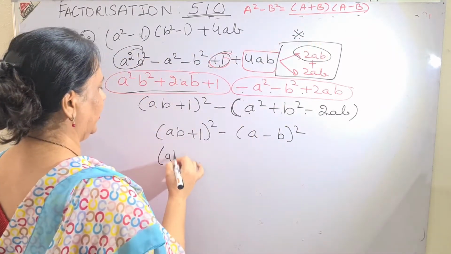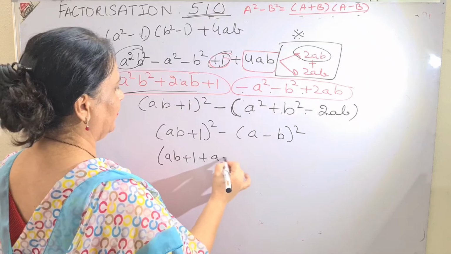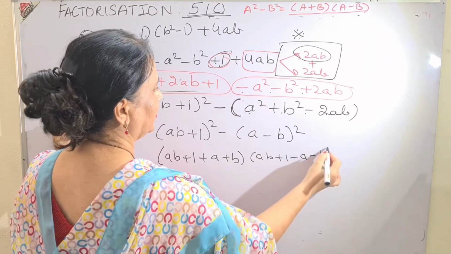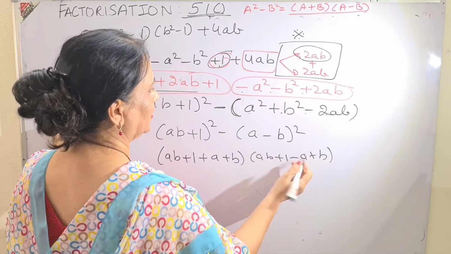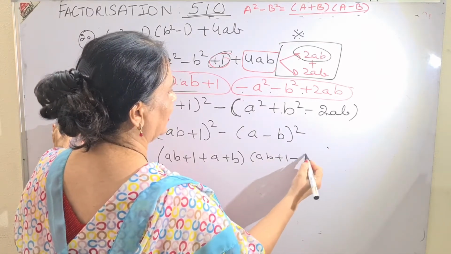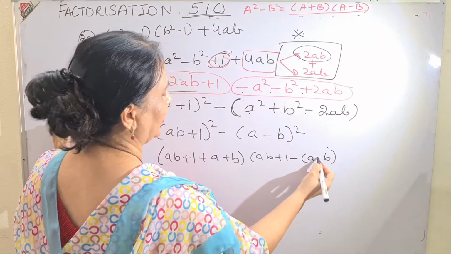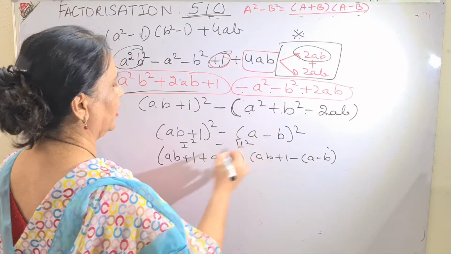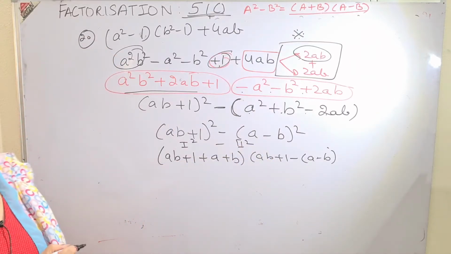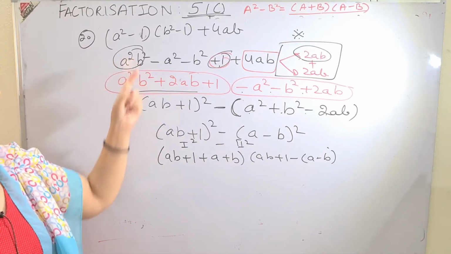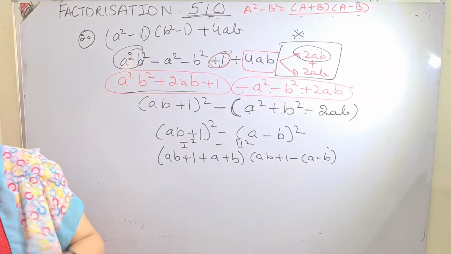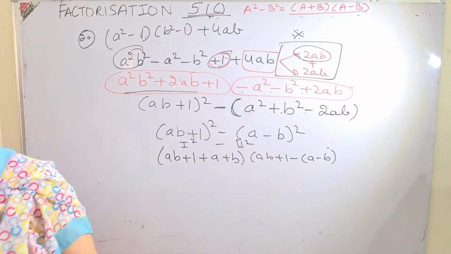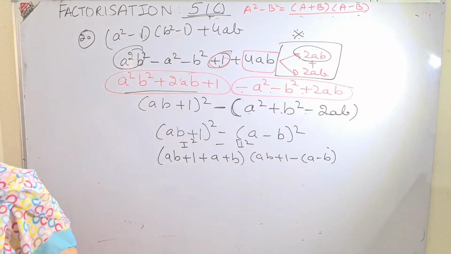Then of course same thing, ab plus 1 plus a plus b, ab plus 1 minus a minus b will become plus, because I'll explain once again, minus a minus b, open the bracket, this will become plus. So first term square minus second term square. Ultimately the formula used will be same, but you have to get the equation into that form. Once you get the equation in the form, using that particular formula, nothing is difficult.